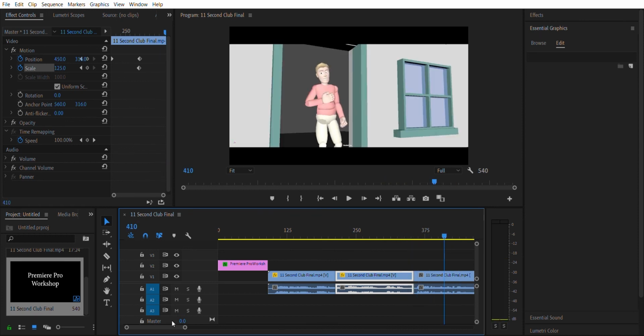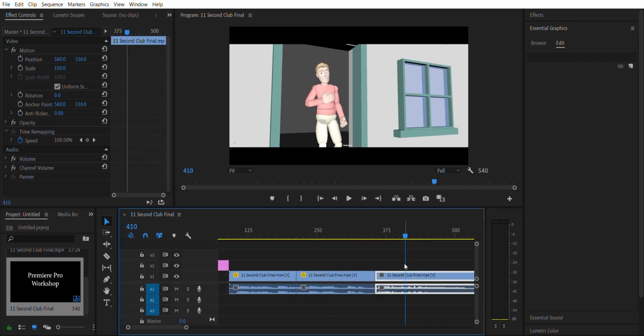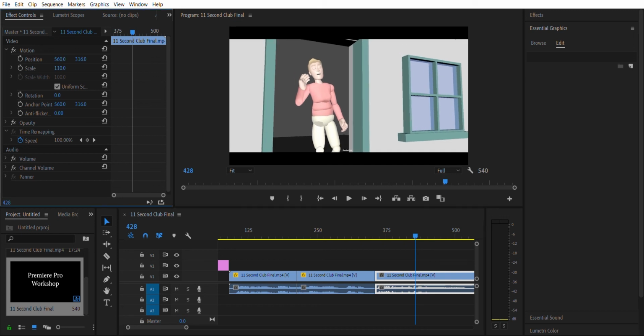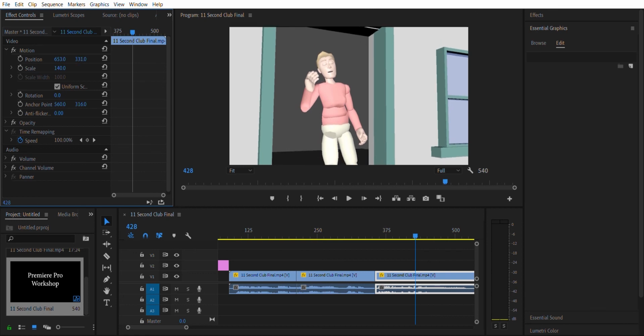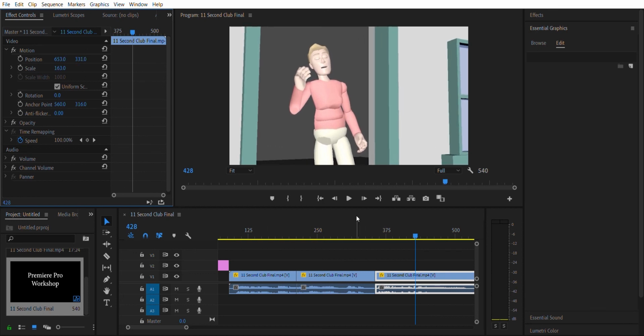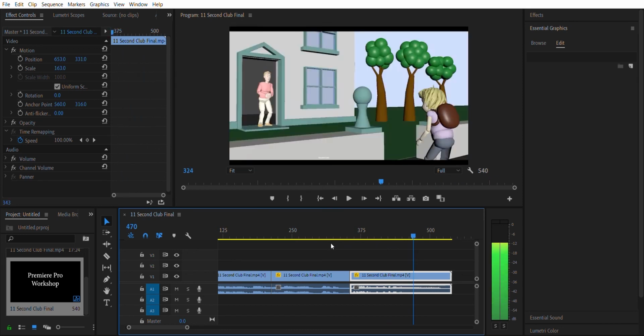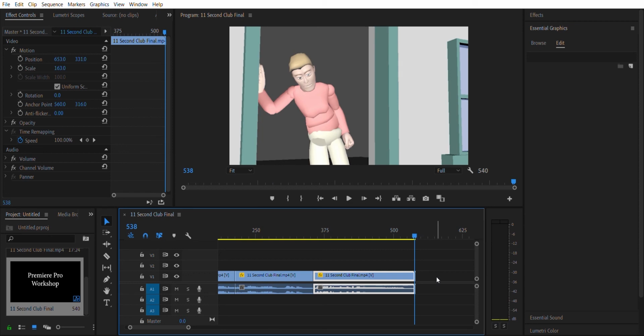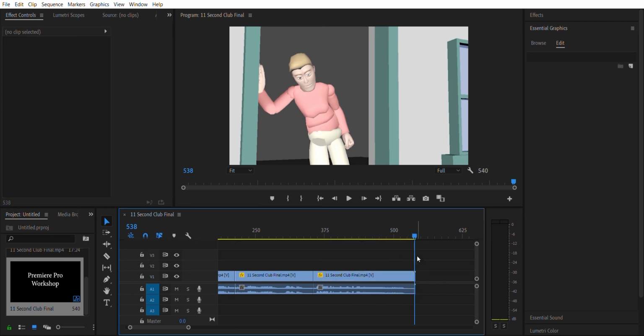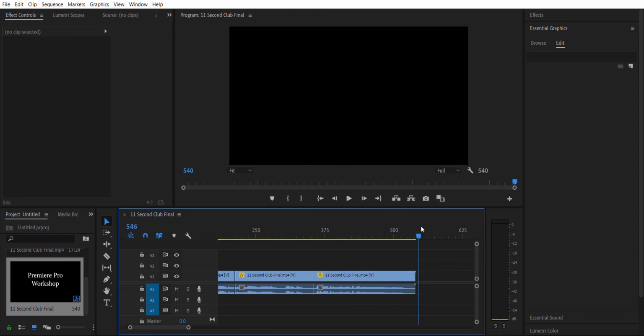And again, the last part of my animation, just going to zoom in a little bit more, make sure you select the track and it highlights it. Position and scale, I'm going to zoom in a bit more, focus in a bit more on my animation. And then I'm going to create my end page. So again, at the end of the track, get onto